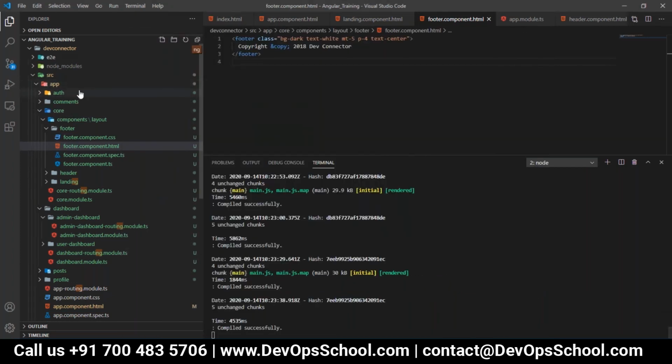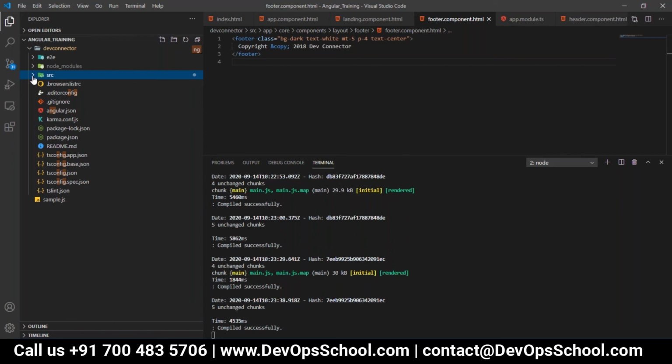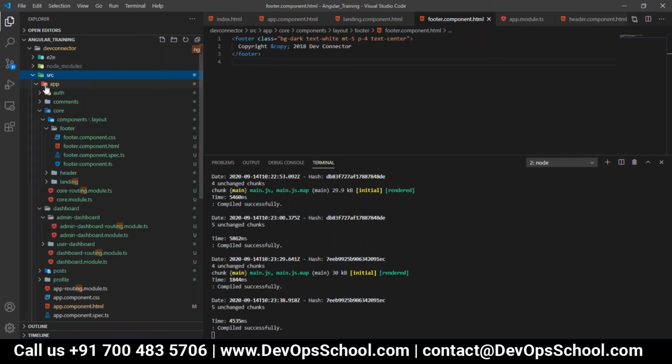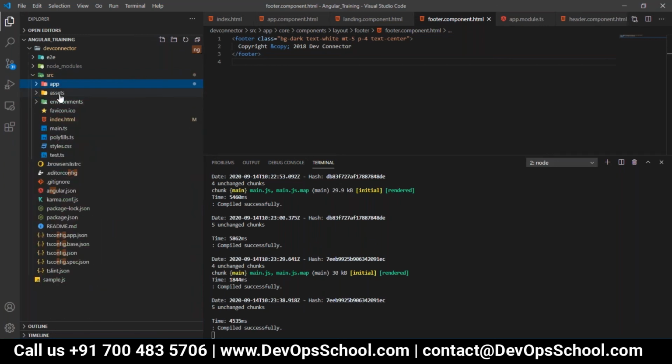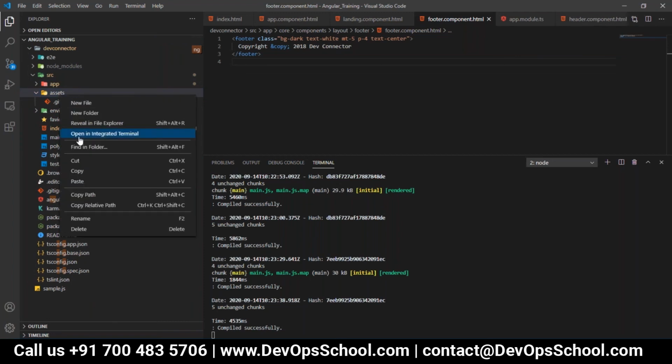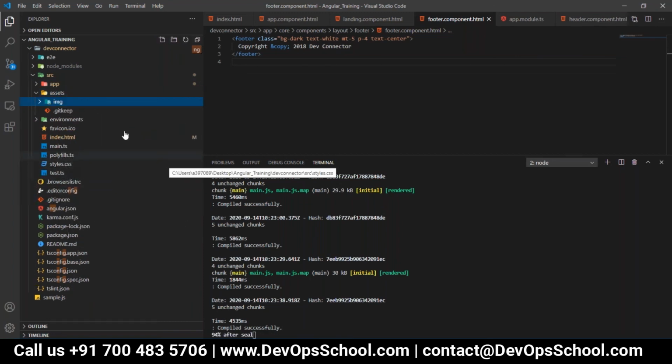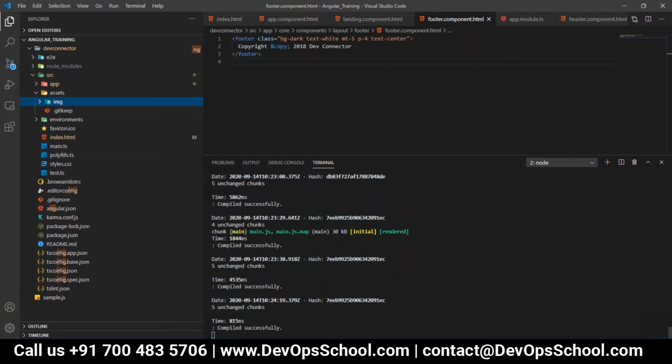Go to the Angular project now. Under the SRC, you can find the assets folder. Minimize the app. Not SRC, below that, below the SRC app is the assets. Right click on the assets and paste it. Done.